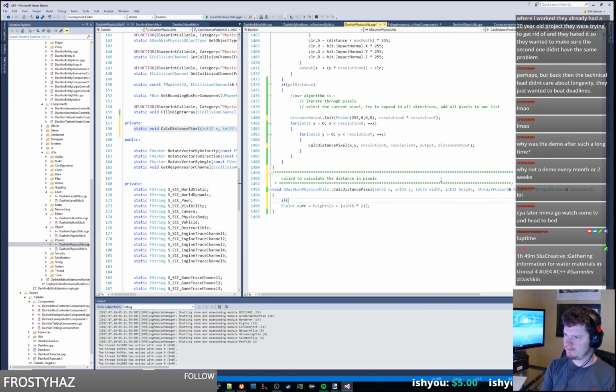Yeah, so if x is greater than or equal to width, then we can just return. So it'd be if x is greater than or equal to width, or x is less than 0, or y is greater than or equal to height, or y is less than 0, then we stop. Alright, so we'll get our current f color. So cur dot